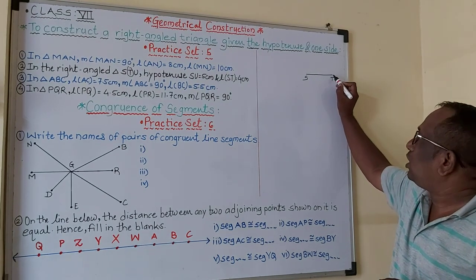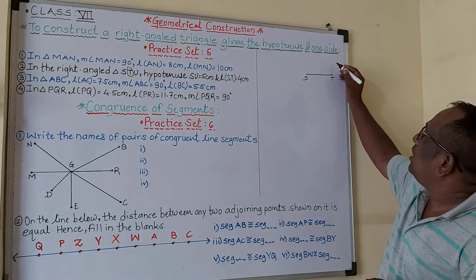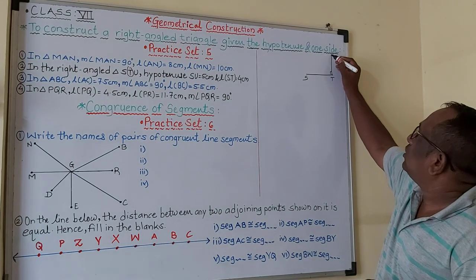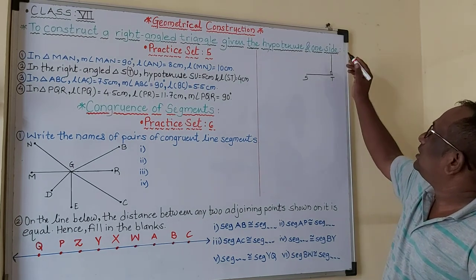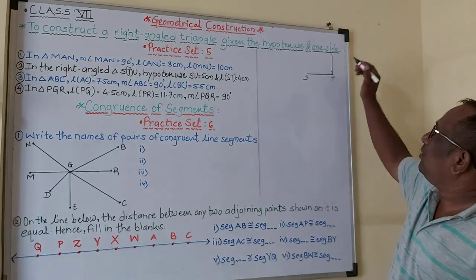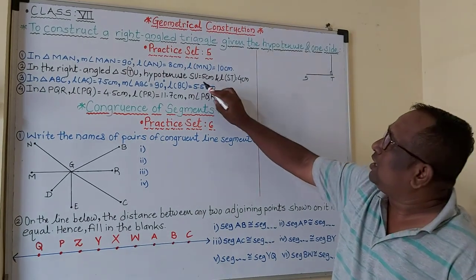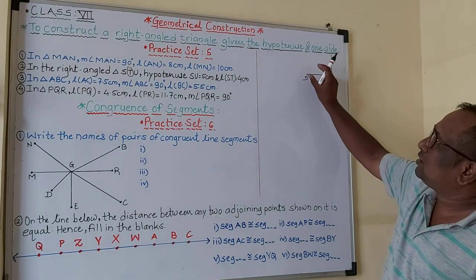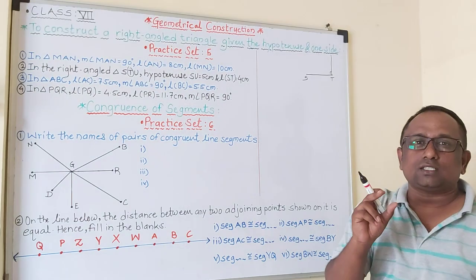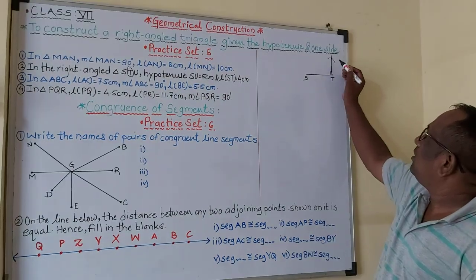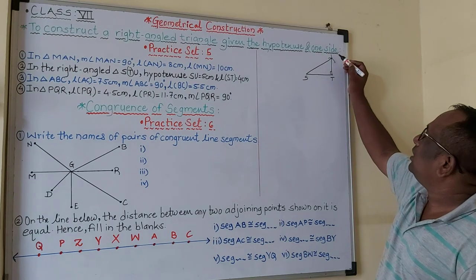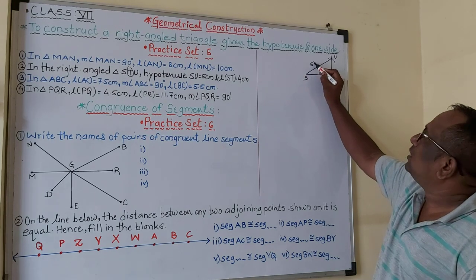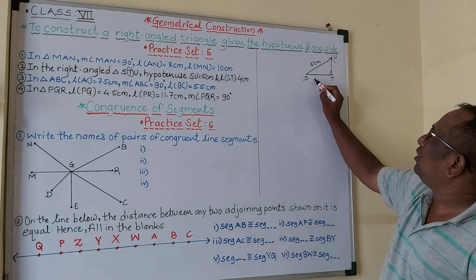Now I am going to draw that. From T I draw one straight line, so it becomes our right angle at T with ST. Here SU is the hypotenuse, opposite to this. So from S you take a 5 centimeter distance in your compass and draw one arc this way and join this. So in STU, SU is equal to 5 centimeter and ST is equal to 4 centimeter.